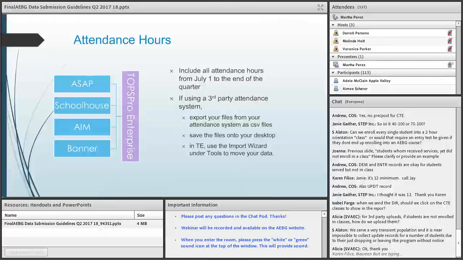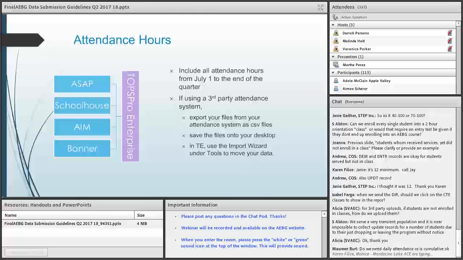You can save them onto your desktop or any destination on your computer where you normally save these types of files. I suggest you save them, and then when you go into TOPSpro Enterprise, using the import wizard, you will be able to import that data into TOPSpro Enterprise.